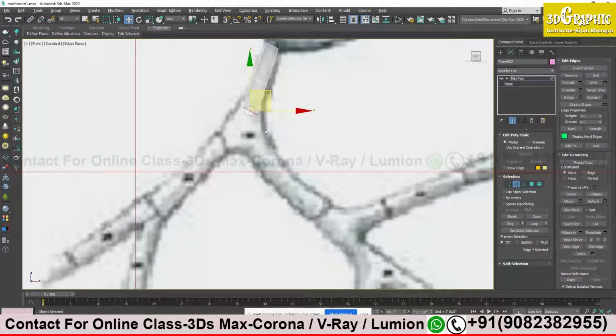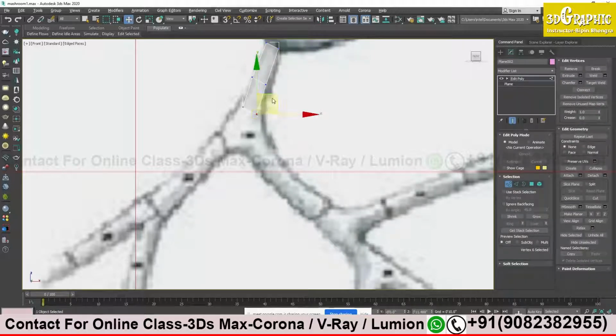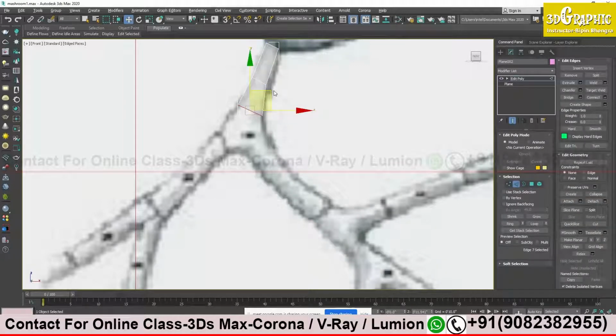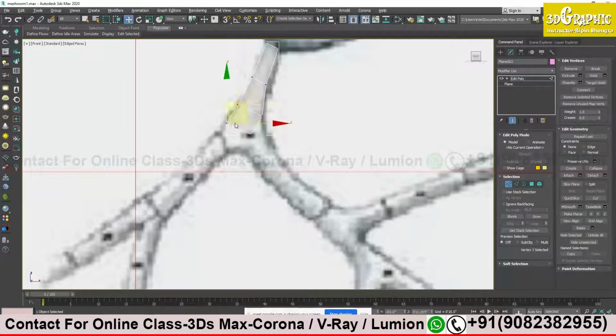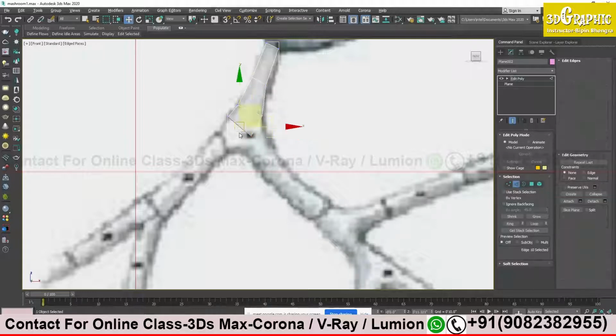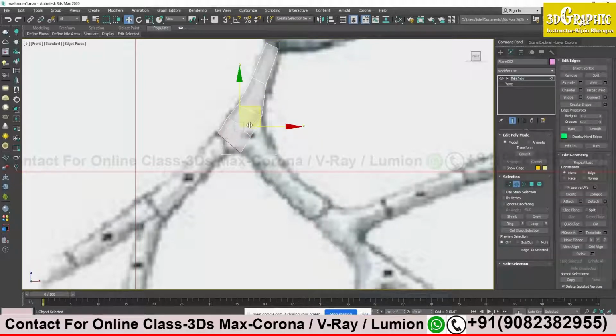Again I will press 1, click the vertices and move the vertices as per my image. Similarly again I will press 2, press shift and click and drag. Stop over here, press 1, select the vertices and try to create this shape. Again press 2, shift and drag to this over here.